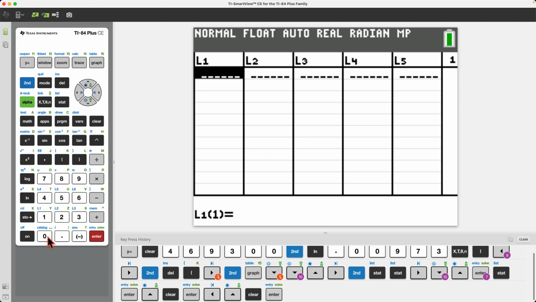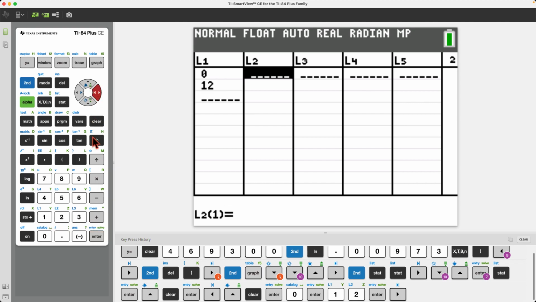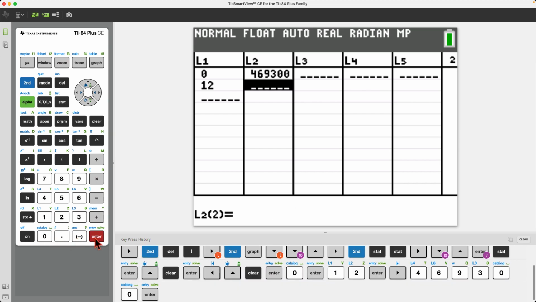So we know in year 2005, which we called year 0, and then 2017, which we called year 12. So I put in the X's first. This was 4,609,300. And then this one was